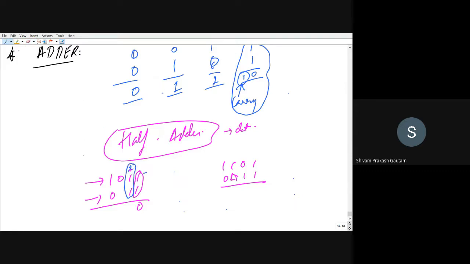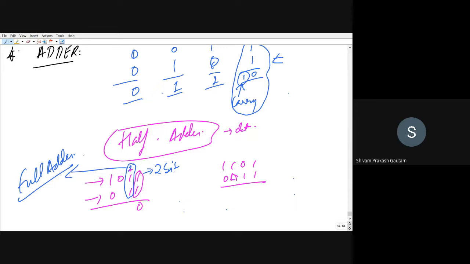But half adder can only perform 2-bit addition, as we have seen here. Now, for adding 3 bits at a time, we will require a circuit that we will call a full adder, right? So full adder is nothing but made up of a combination of two half adders. When you combine 2 half adders back to back, we will see its circuits as well shortly, then it will work as a full adder.